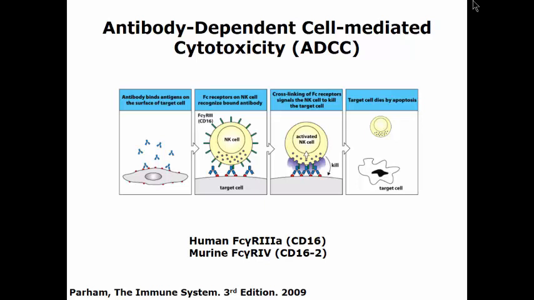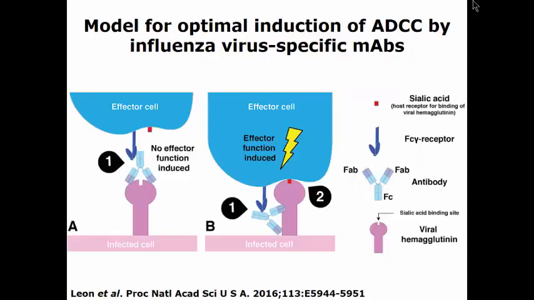Now, okay, let me give you the bottom line right away. We found that these antibodies work by a very interesting mechanism, namely that there are 2 interactions with these effector cells, not only through the Fc portion of the antibody and the Fc receptor, but there's also sialic acid involved. And that is shown here. If we have a hemagglutination inhibiting antibody, it sits up here and prevents attachment of the hemagglutinin to another cell which then gets infected. And the effector function of the Fc and the Fc receptor is shown on the left side here.